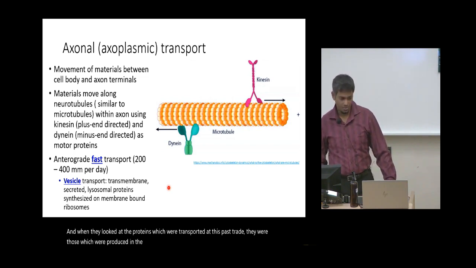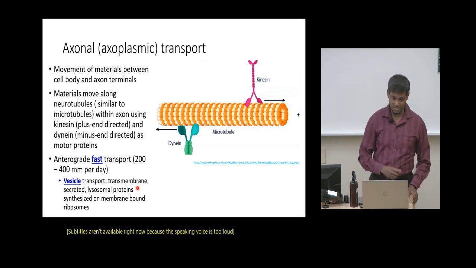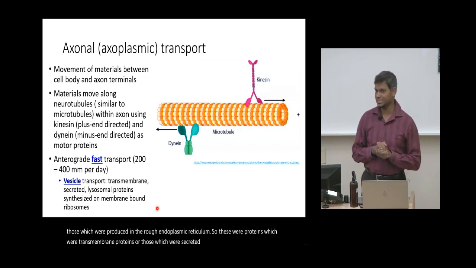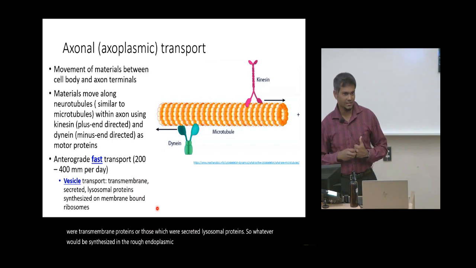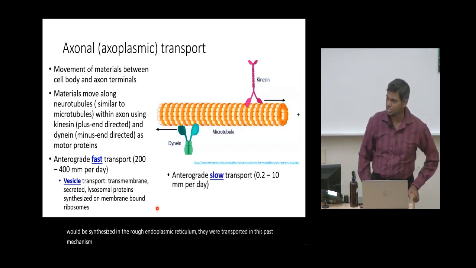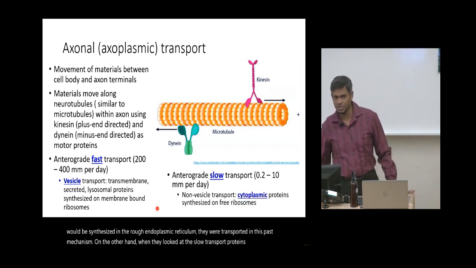So these were transmembrane proteins, or those which were secreted, lysosomal proteins. Whatever would be synthesized in the rough endoplasmic reticulum was transported in this fast mechanism. On the other hand, the slow transport proteins were the cytoplasmic proteins which are produced